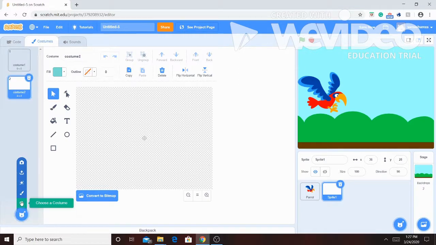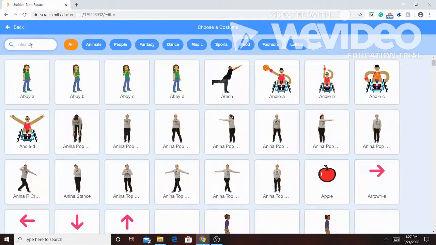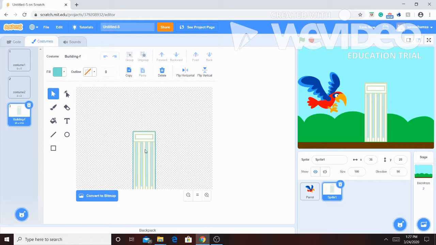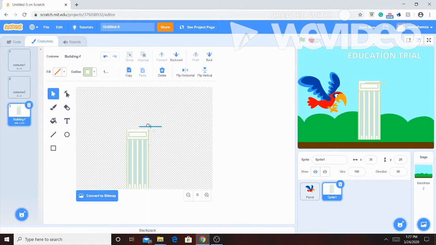So we could go to choose a costume, and then what I did is I used a building and edited a building so that it could look like our obstacle. So I used building F. So within building F, there's